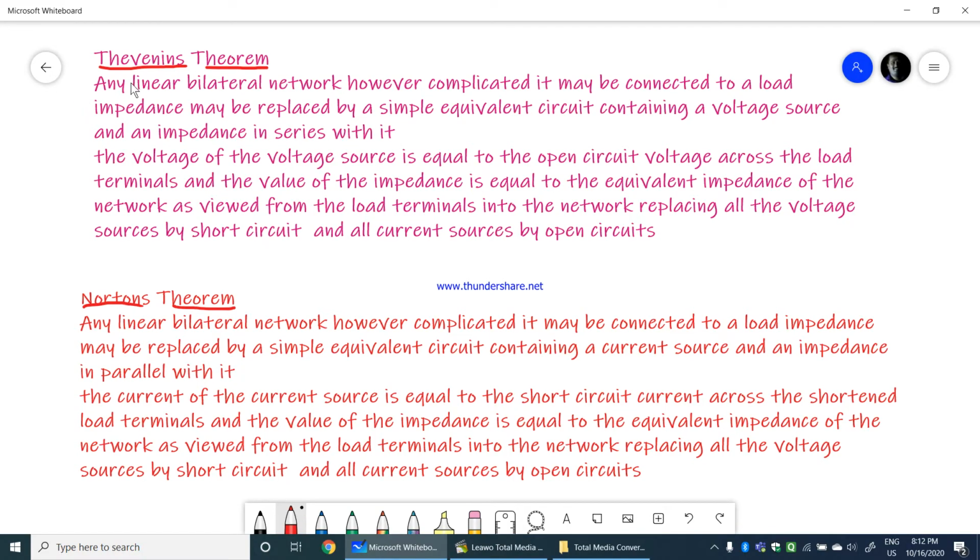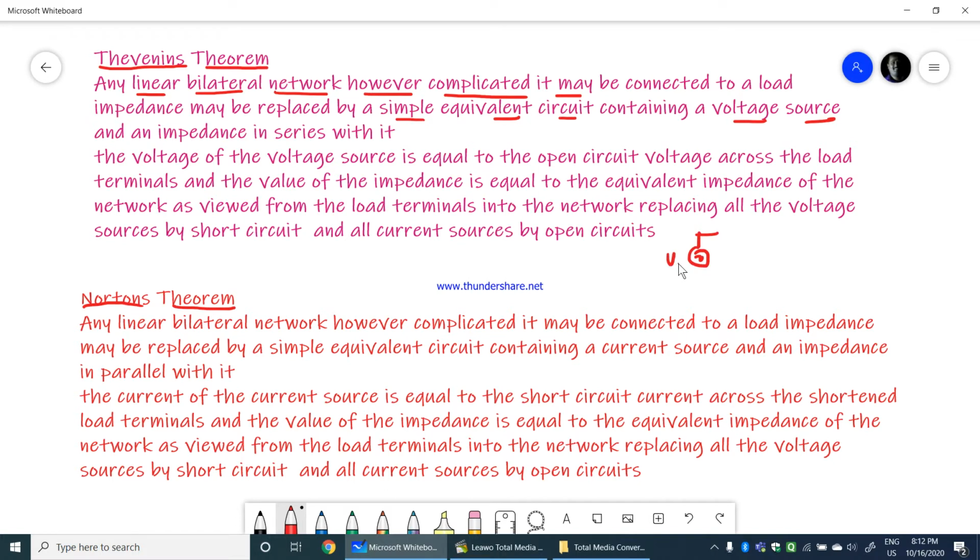Now what does Thevenin's theorem say? Any linear bilateral network, however complicated it may be, which is connected to a load impedance at the output terminals, can be replaced by a simple equivalent circuit which contains a voltage source and an impedance in series with it. It means that if I have a complicated network, for example,